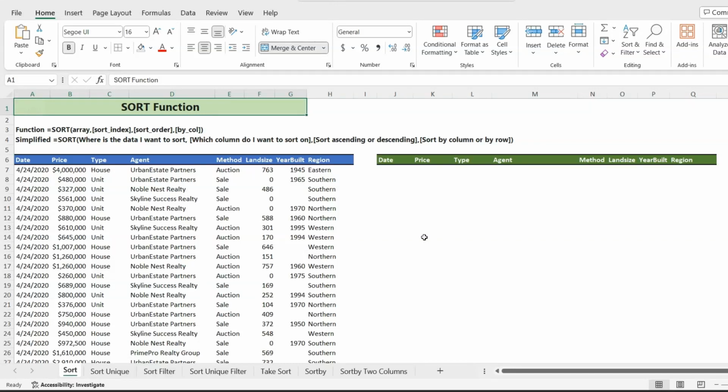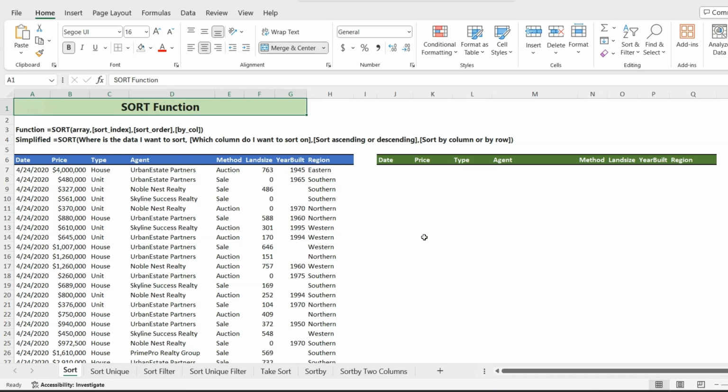In this video, we're going to take a look at the sort function in Excel. This function is very handy when we have data sets and we want to understand what are the highest or lowest values, if we want to sort or organize information based on dates or alphabetically. Now we'll start by looking at some simple examples and look at how we can combine the sort function with